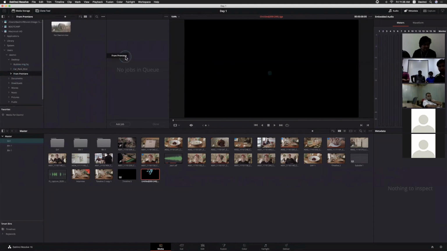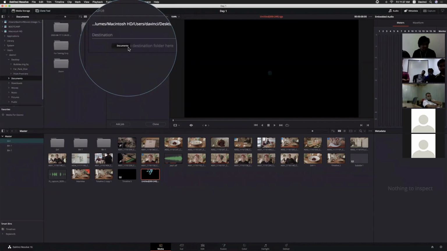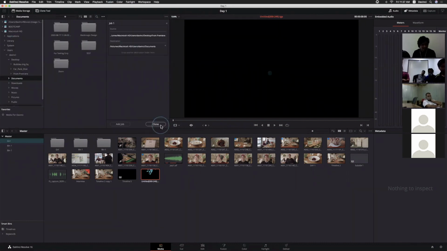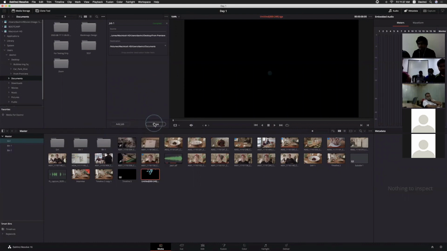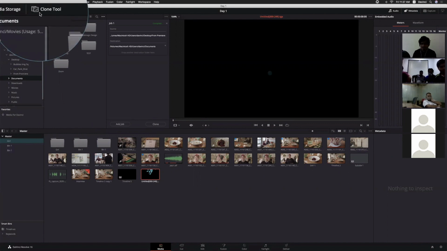Just drag this one, click add job, source, just drag the source here. And destination, I want to save it in a document folder or maybe some other folder you created. So simply drag and release. Now if you clone the folder we added, it will back up everything, right? So if you want to back up using DaVinci, you just need to use the clone tool.